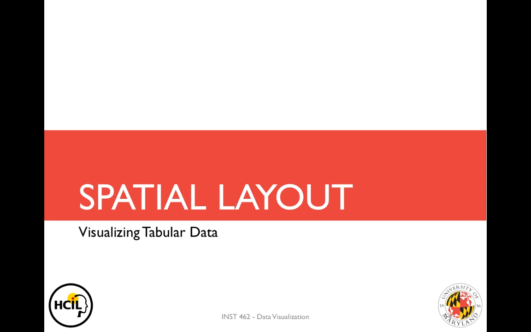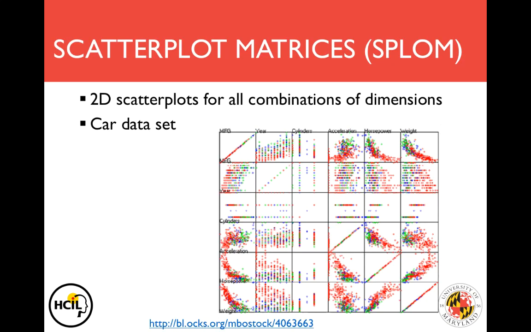Let's also talk about spatial layout. Where do we put the data that we're looking at if it's in a tabular form? One thing that is really common and that we're going to run into a lot are scatter plot matrices or SPLOMs. So you have a 2D scatter plot for all combinations of your data. And so what we can see here